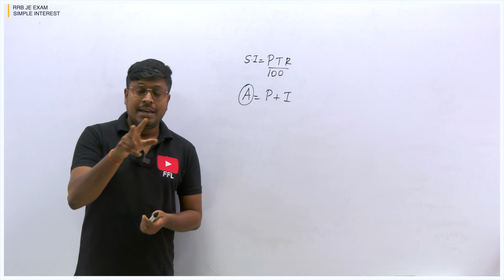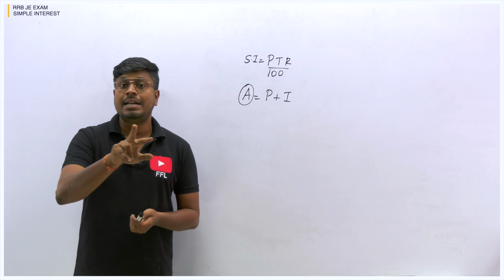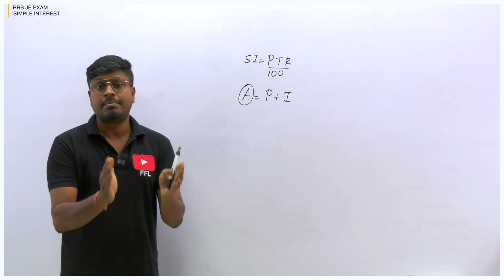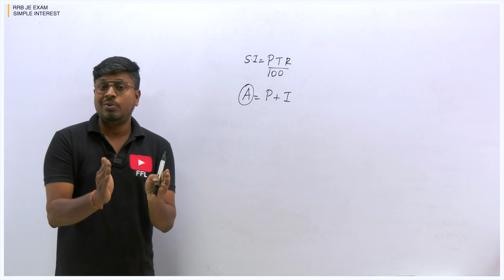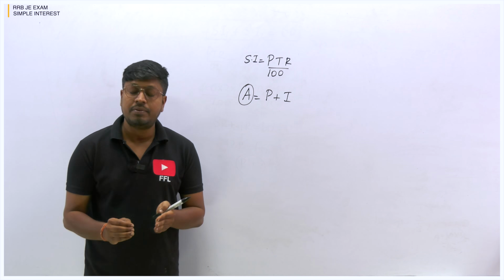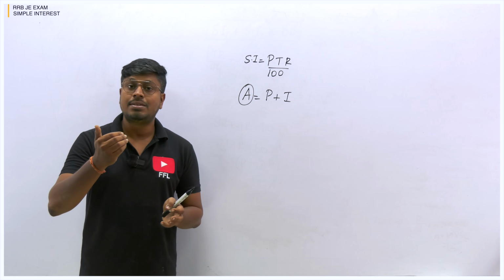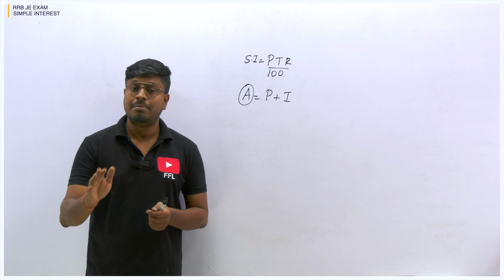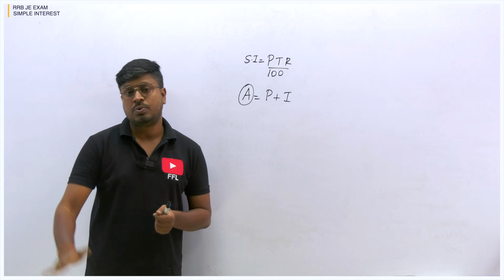Other than that, in simple interest and compound interest, for finding a difference, we have one or two formulas. So totally, when you take simple and compound interest, you have to learn a minimum of 8 formulas. That is enough to solve a question. But for most questions, if you understand the logic, then you can surely crack the question without using a formula. By the normal traditional method itself, you can solve it.